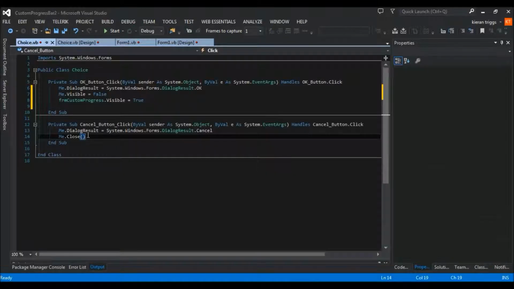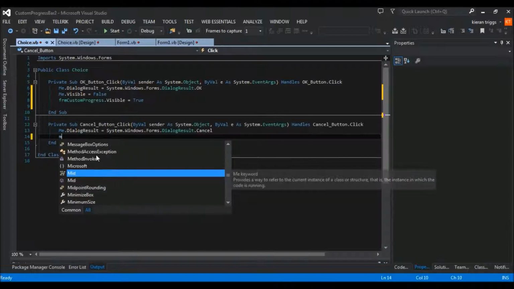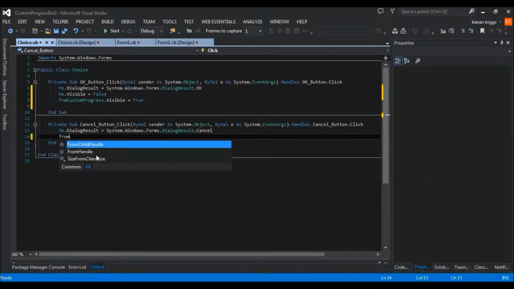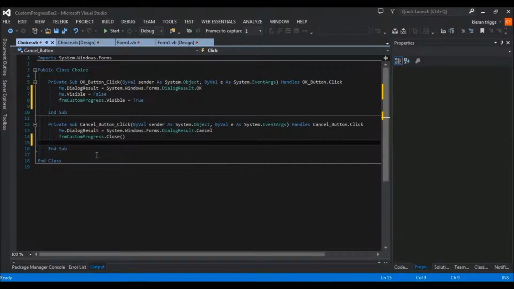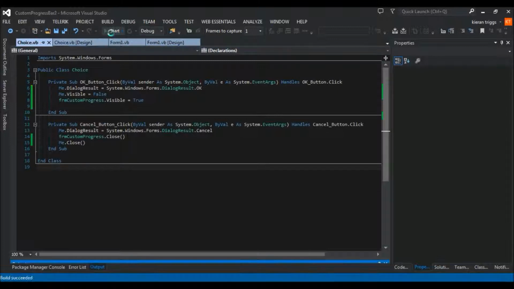And we'll go back into choice.bb. For this one, it's going to be FRM custom progress bar dot close. No, not FRM. Me dot close. And that's it basically. So if we click start,